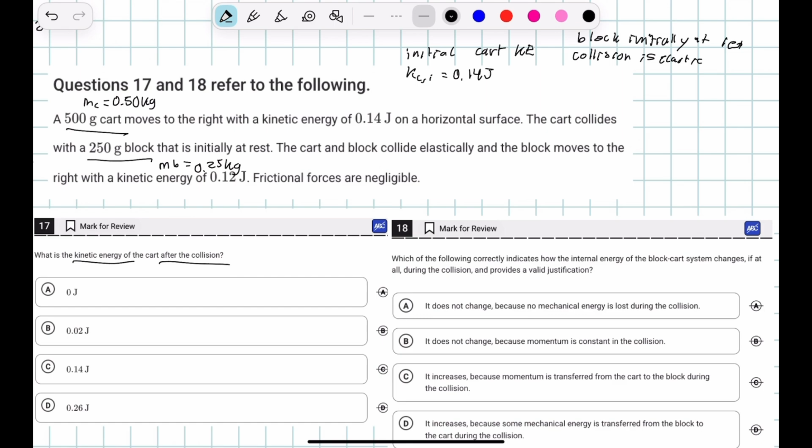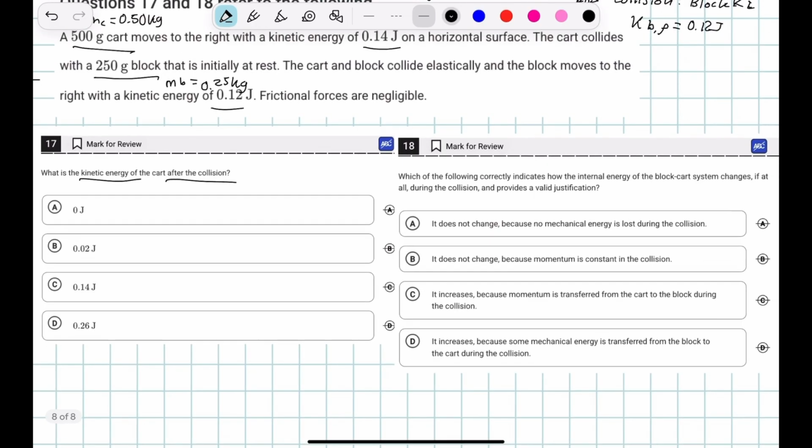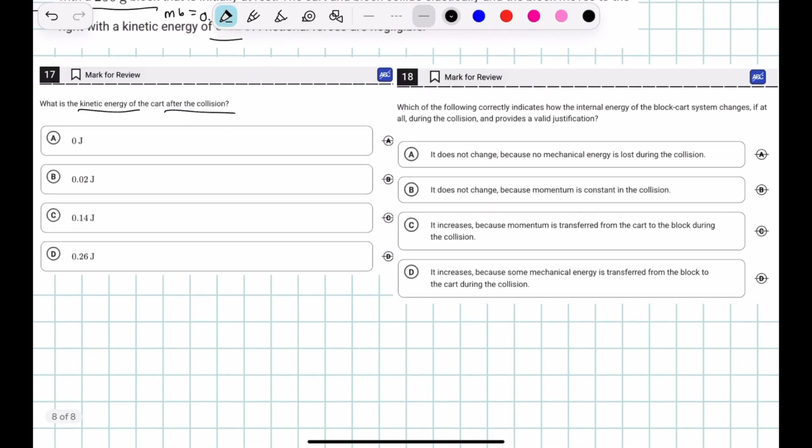So then post collision, the block kinetic energy, that's going to be KBF, is equal to 0.12 joules here. And what do we do? So we can see that,